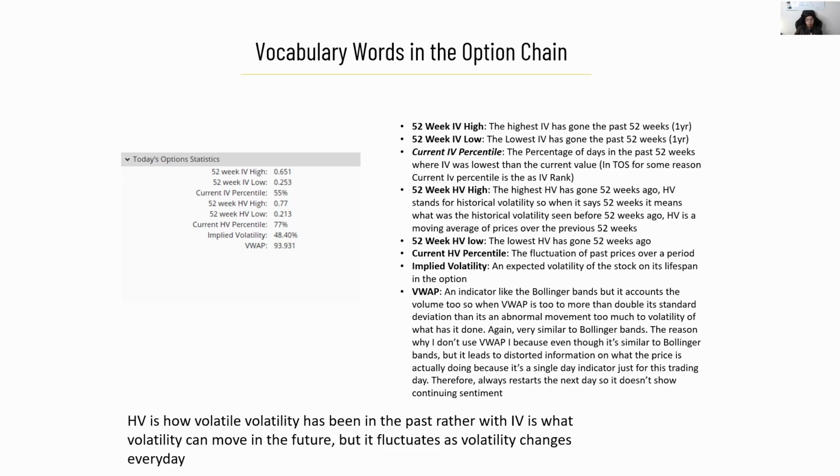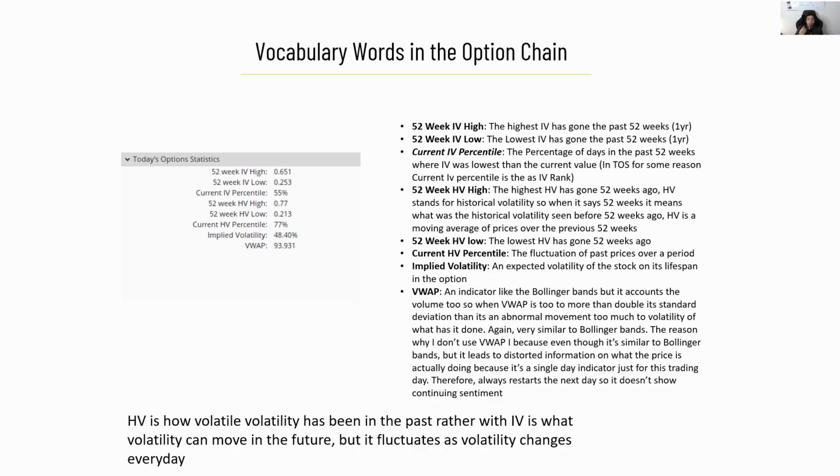Now for the 52 weeks HV high, it shows the highest HV from the past 52 weeks. So HV stands for historical volatility. So when it says 52 weeks, it means what was the historical volatility seen over the previous 52 weeks. HV is a moving average of prices over the previous 52 weeks. So this is important to understand, to differentiate, because HV and IV are not the same thing. HV is how volatile the stock has been in the past,